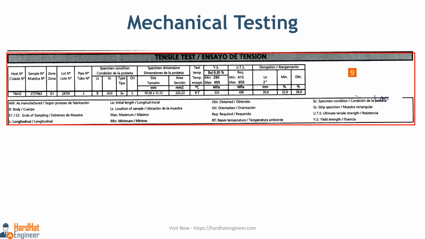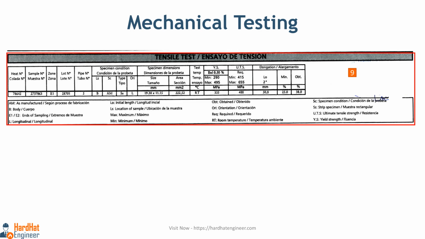For mechanical testing, the sample can be a rounded bar or a flat metal strip. Here, it is mentioned that the sample type is a strip cut from the pipe body. The last column in this section indicates the orientation from which the sample was cut from the pipe. L indicates the longitudinal direction. You can see the location of the sample in the pipe shown here. Let's move on to the